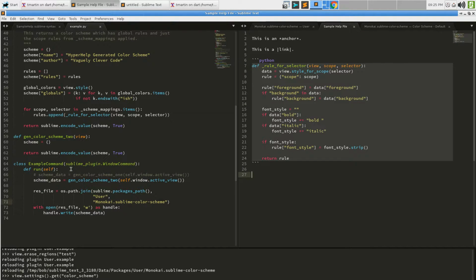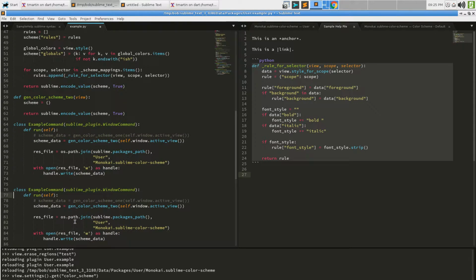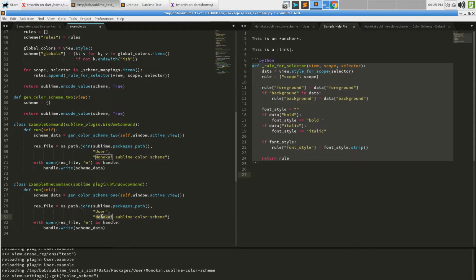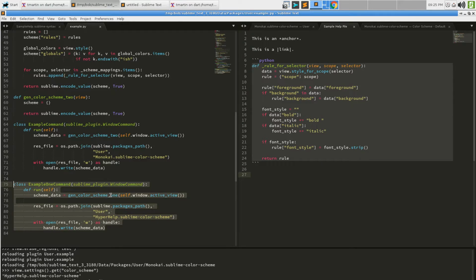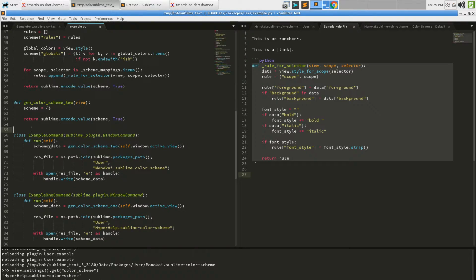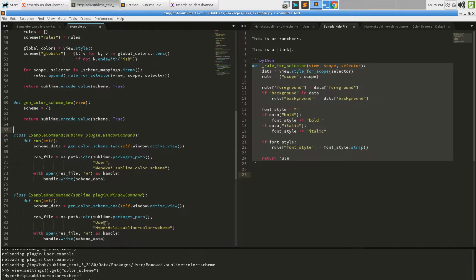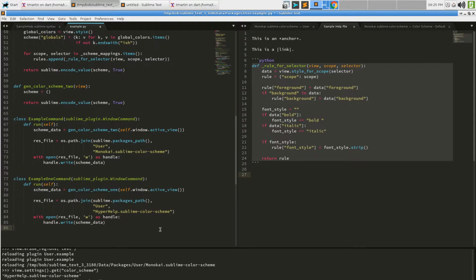And maybe we want to think about this a little bit. Let's go ahead and do this. I'm going to call this one here, for our own edification, example1 command, which does that and gets rid of that. So that's just a full example of, this should be hyperhelp. So this is the command we just had. It generates color scheme the first way. I need to add things in here or I get all irritated that my code doesn't look the way I want it to. And then it generates a file into the user package. Again, that wouldn't be happening there later on. And then it writes it to that file.